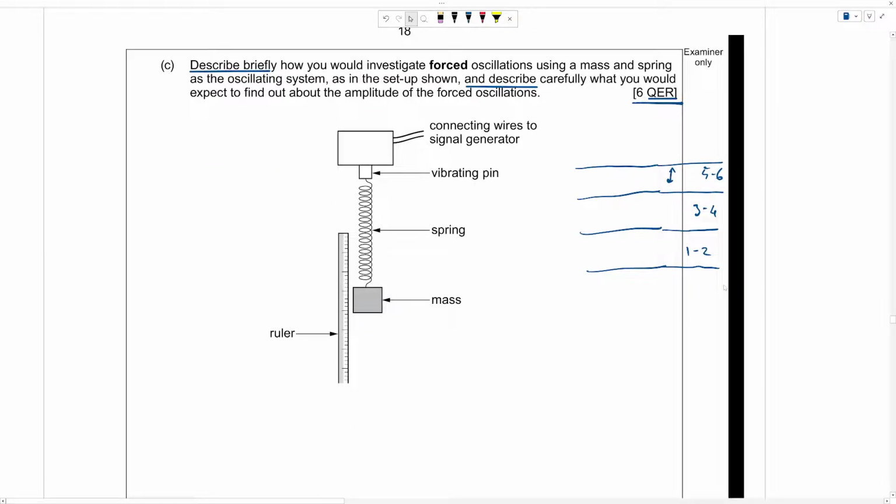In general, mark schemes for these sorts of questions tend to have a list of points that they call indicative content. So the mark scheme will likely have a list of points about this first section, about the investigation, and it will have a list of points about this second bit. To get into the top band, the mark scheme will most likely say you must have at least, perhaps 4 or 5 of the points for the first section and at least 4 or 5 of the points for the